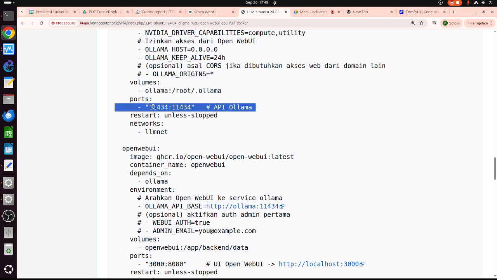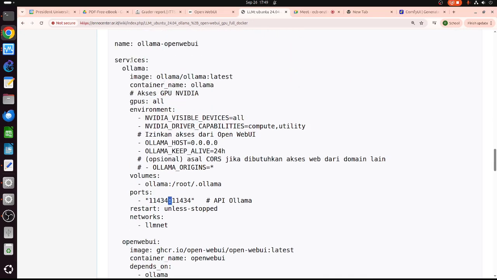This is the API. So if you have a web with a content management system, you can actually talk to Ollama on this port, and we can let the user interact with Ollama using this port. I think it talks using JSON. Yeah. Okay, so that's Ollama.